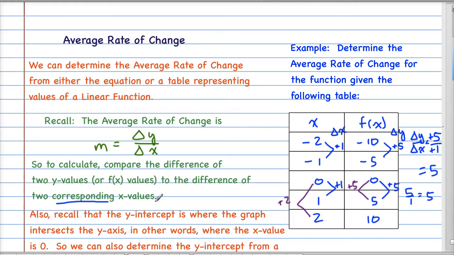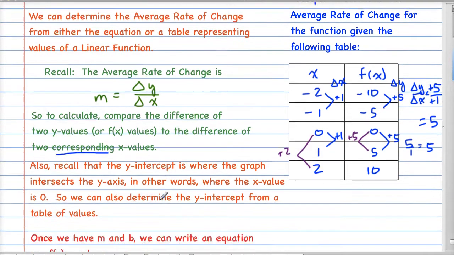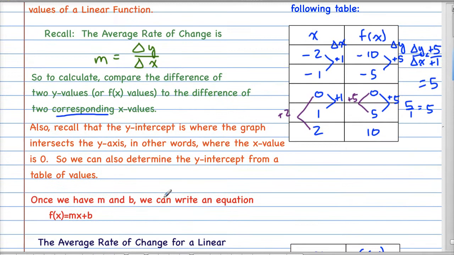Now, I can also recall that the y-intercept is where the graph intersects the y-axis, or in other words, where the x value is 0. So we can determine the y-intercept from a table of values as well. Wherever we see x equals 0 in this column, the corresponding y coordinate is going to be b. So in this case, just from looking at this table, it's a little sloppy with all of our scratch work on it,